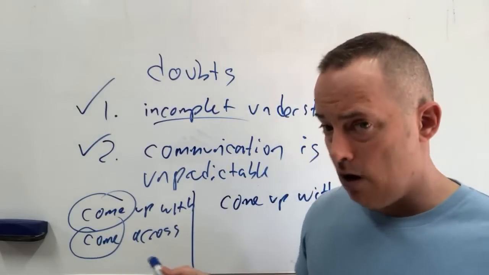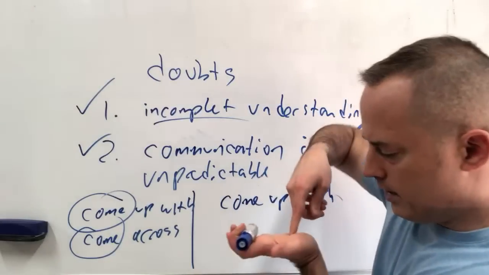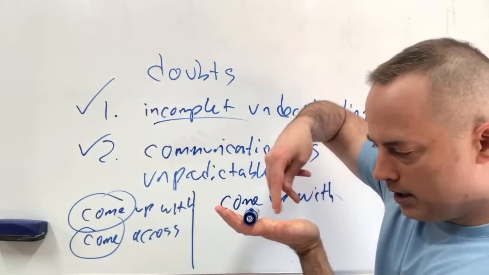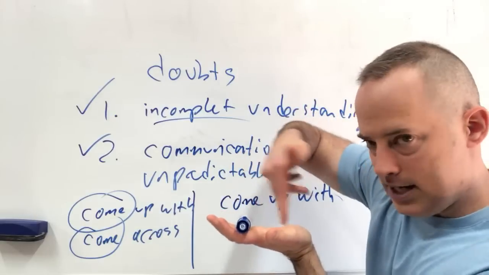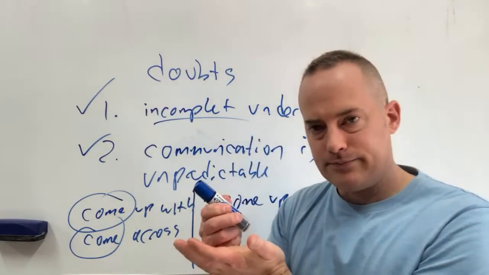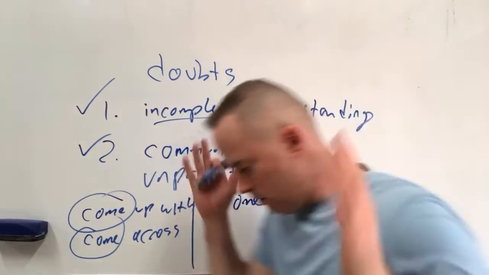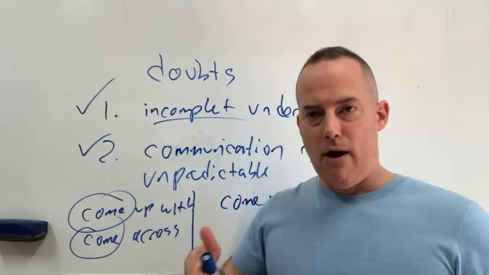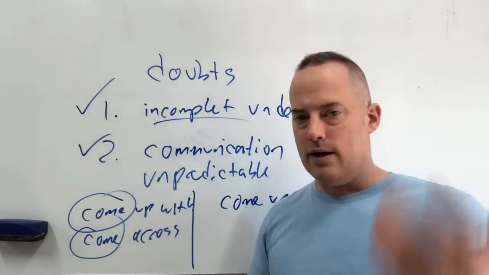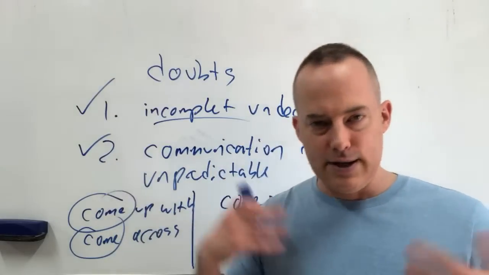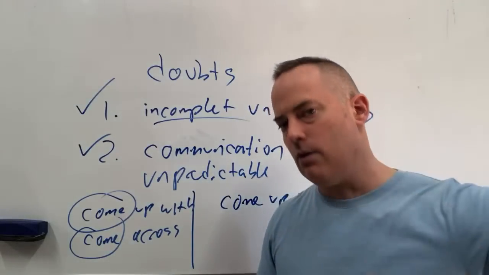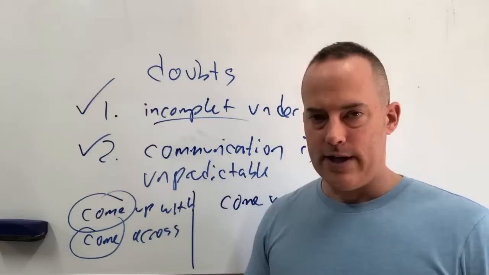Now, come across something works the same way. I'm walking and, what? There's a marker in front of me. I'm walking and I came across that thing. It's like in my path. I can see it here. Look at that. I came across a marker. So you can imagine me walking, oh, I came across a dog. I came across something else. And from that physical understanding, now we understand, oh, I came across an interesting idea while reading a book. So that's a more non-physical or figurative way of understanding something, okay?